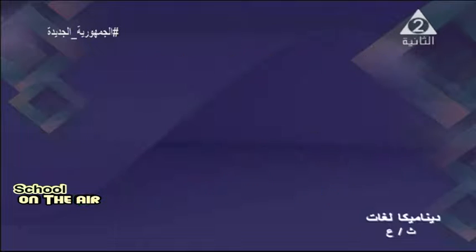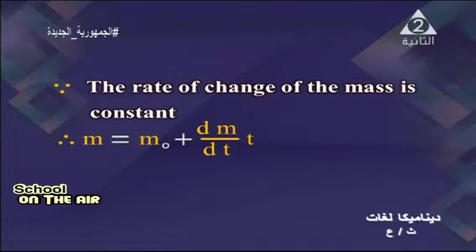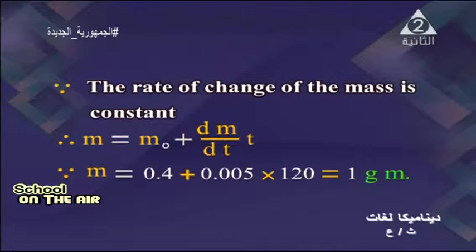Now we know that the rate of change of the mass is constant. Then the mass equals m node plus dm/dt times t. The mass m equals 0.4 plus 0.005 multiply 120. 0.4 is the initial mass, the mass of the raindrop at a certain instant. dm/dt is the rate in milligram. Milligram divide 1000 equals